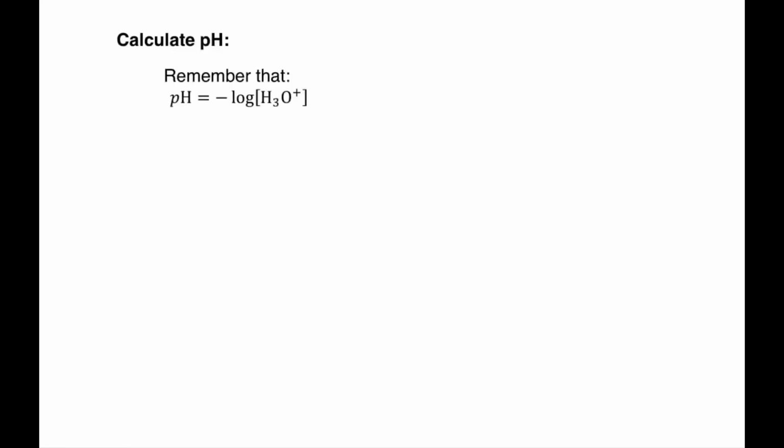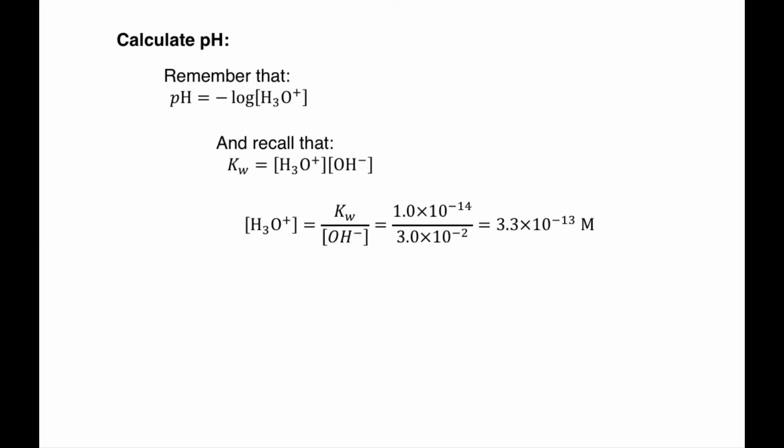Calculate the pH then. Remember that the pH is equal to minus log of the concentration of hydronium ions. We can recall that Kw is equal to the hydronium ion concentration times the hydroxide ion concentration, and is equal to 10 to the minus 14. So the hydronium ion concentration is equal to Kw over the hydroxide ion concentration, which is 1 times 10 to the minus 14, which is Kw, divided by the concentration of